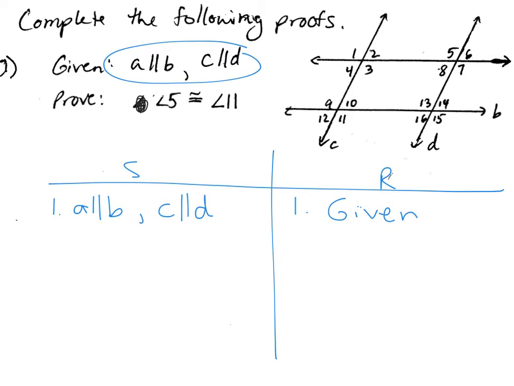We've got angle 5 we're going to try to show is congruent to angle 11. I'm going to start with angle 5 and find that. And then I'm going to find angle 11 over here. And the first thing I'm going to ask myself is, is that an angle pair? Because if that's an angle pair, I can say they're congruent by whatever angle pair theorem I have. But 5 and 11 are not an angle pair because I don't have a common transversal. So going back to chapter 1, not an angle pair,